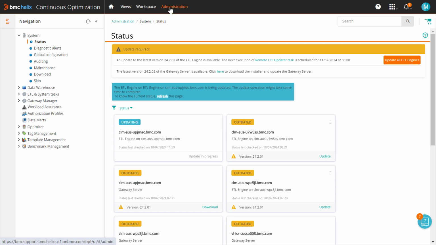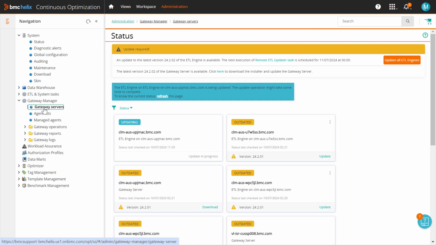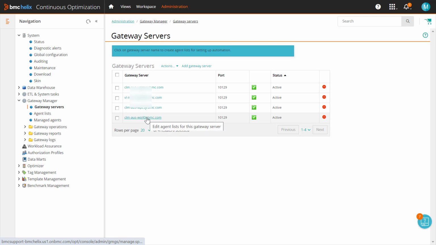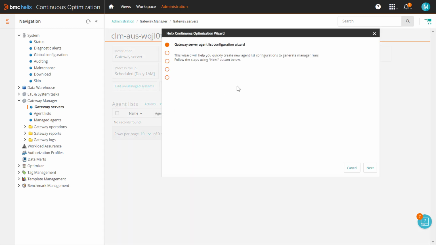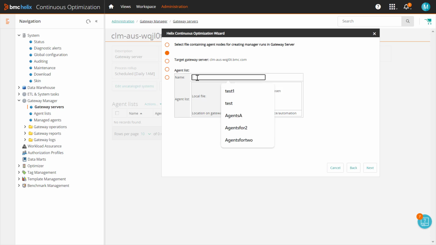From the BHCO console, go to the administration, gateway manager, gateway servers, and click on the respective gateway server. And here you have an option, add the agent list. And right now, no agent list exists. So click on add. This wizard will help you to create a new agent list and configure to generate manager runs. So click on next, and you need to give a name here. So this is the name which will be appearing here on the BHCO console. So let's say demo agent list,